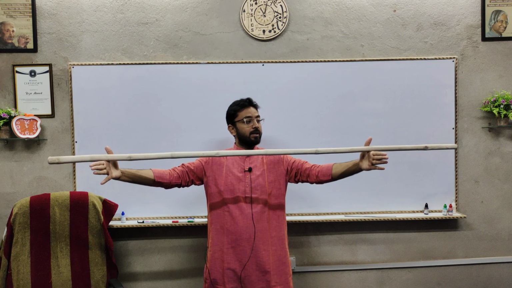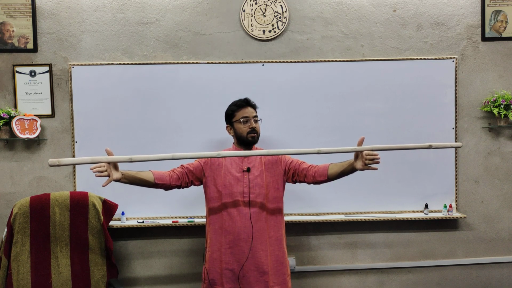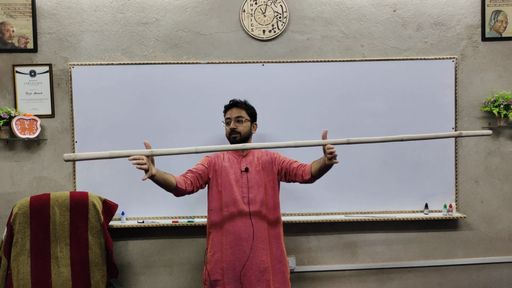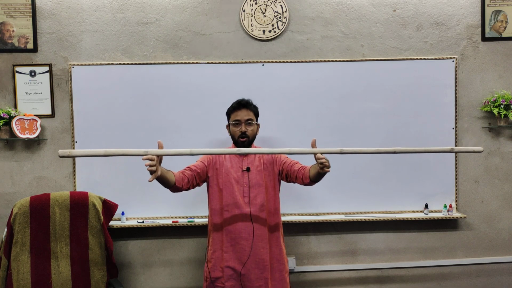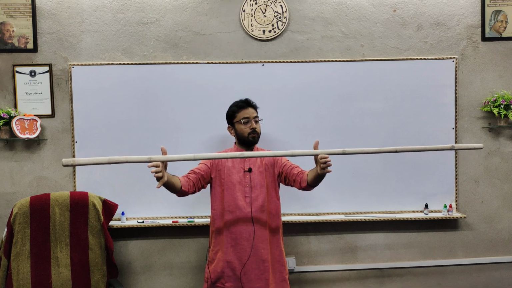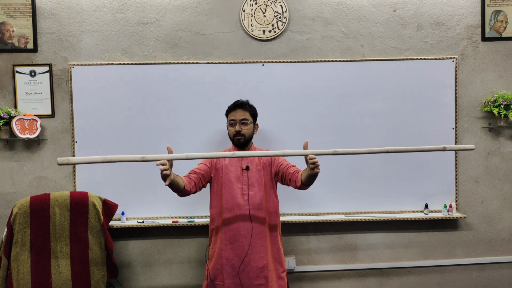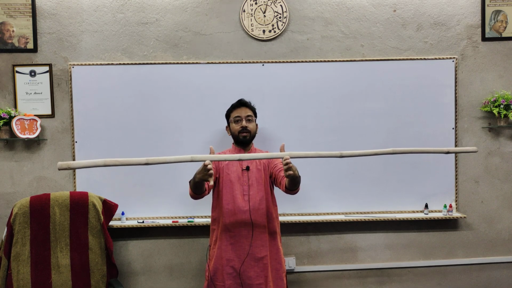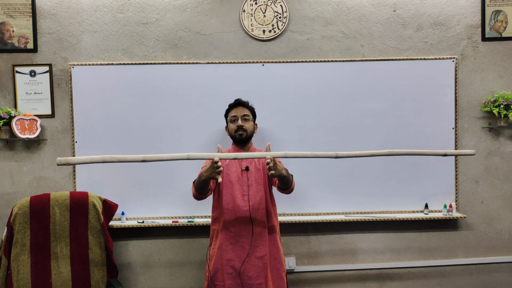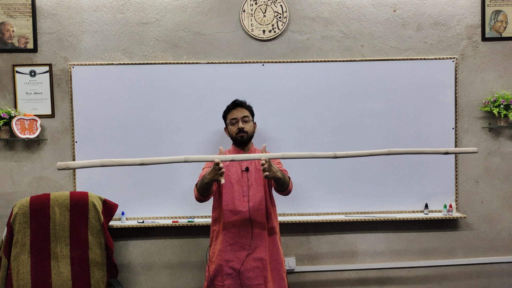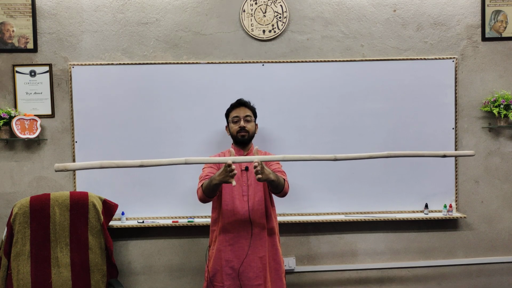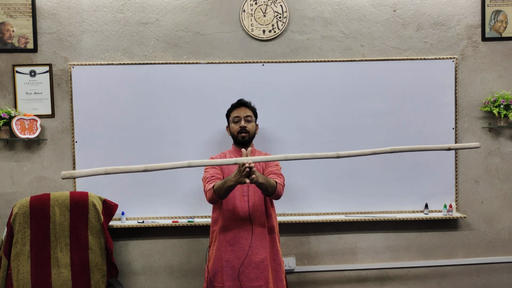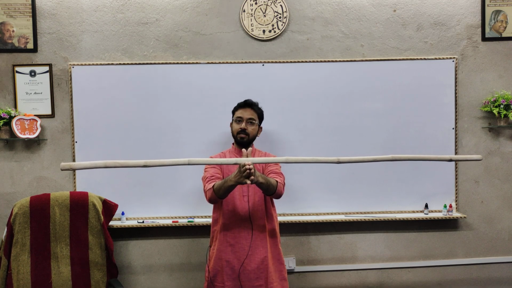Now it is adjusting. See, now this part is moving. I am not moving it. I am just trying to push both my hands, but only one of my hands will move. See, this is moving, now this is also moving. That means the center of gravity is adjusting itself, balancing this entire rod. The center of mass is balancing it. The point at which both my hands meet is the center of mass of this stick. Now you see, this stick is balanced.